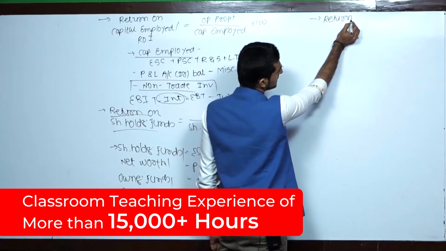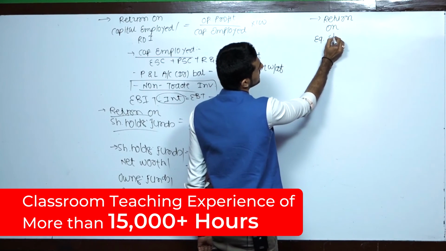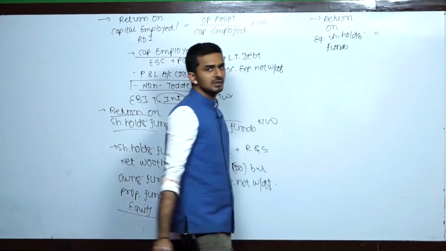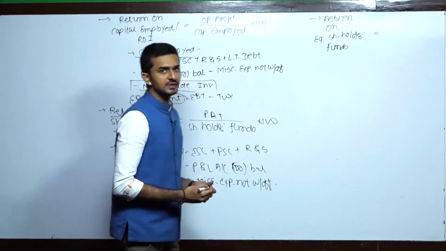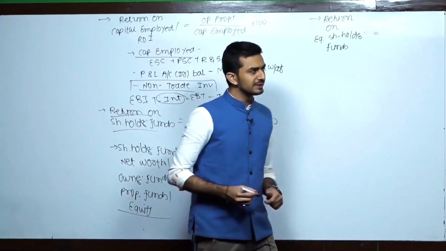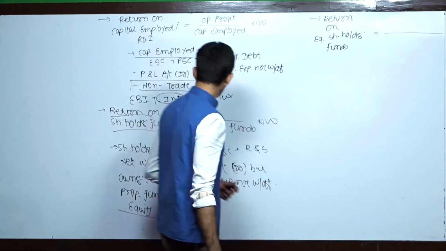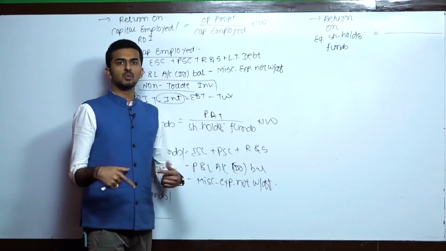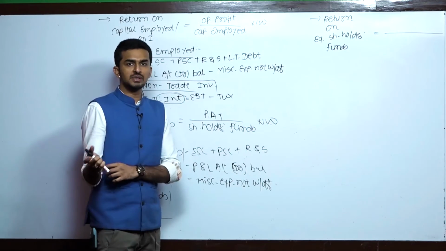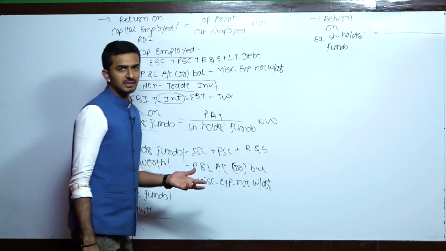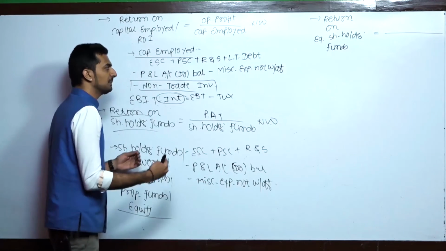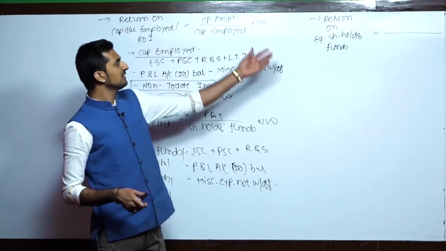The second last that we got in these ratios is return on equity shareholders funds. What do you mean by return on equity shareholders fund? By this ratio we'll calculate what return, what profit equity shareholders are going to get on their capital. So with every preceding ratio we are paying one or the other capital provider. Over here we looked at what is the total return for overall capital. Then here we paid debt, and then we have return on shareholder funds. So for shareholders PAT is left. From PAT, if you pay preference dividend, then preference capital is out, and then we have return on equity shareholders